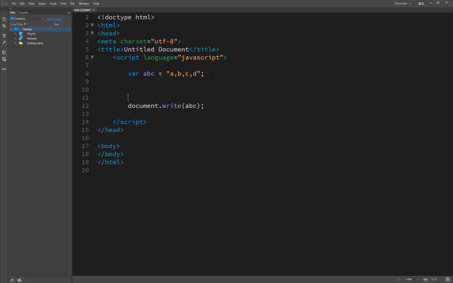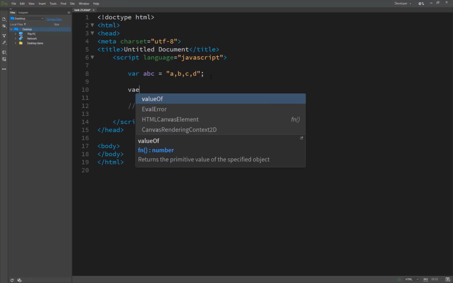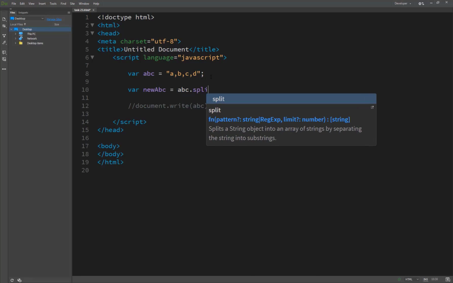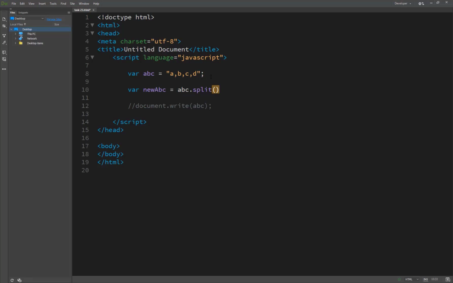So we just forget this, I have commented it out, and now I make a new variable, new ABC, and it's equal to ABC.split, and split by which character?